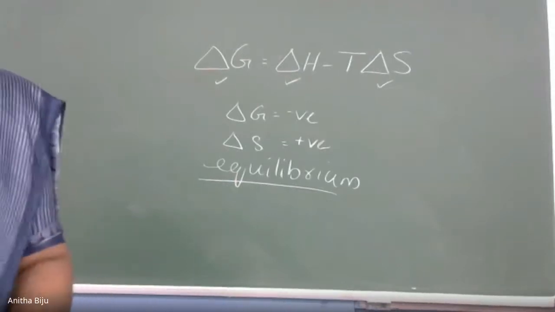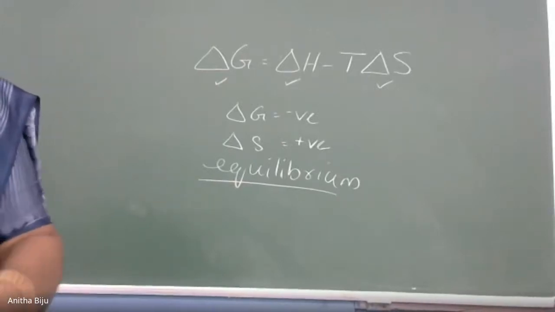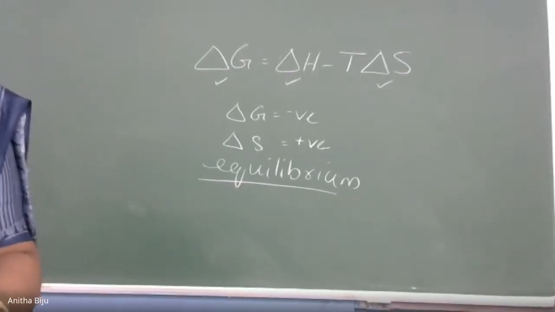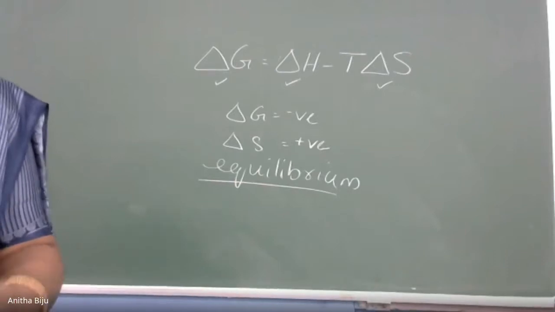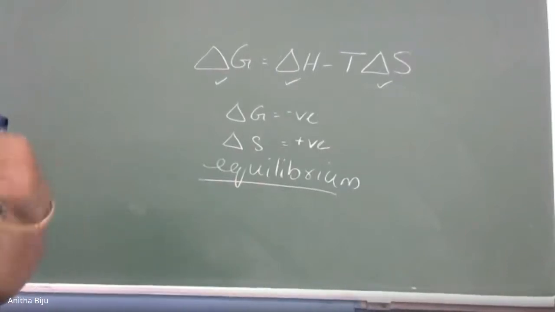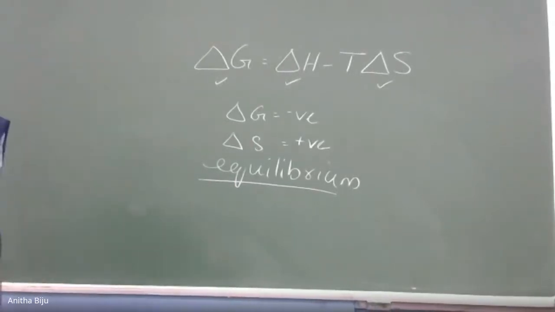So in this chapter, we will discuss more about the rate of a chemical reaction. Or in another way, we can say that the speed of a chemical reaction will be explained in this chapter. Okay. So in this chapter, mainly two major points are there. One is rate of the reaction and second is the factors which are controlling rate of the reaction. Rate of the reaction as well as factors which affect rate of the reaction will be discussed in this chapter.